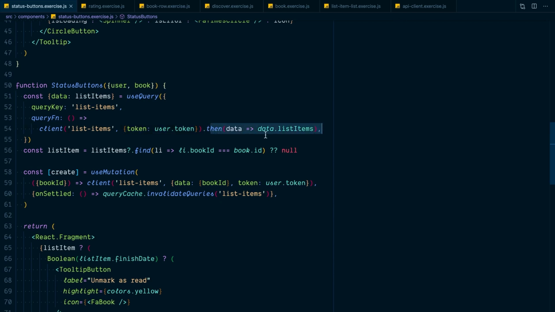And then we get back data that has a list items property, so we'll just grab that. We'll get back our data here from useQuery. We'll alias that to list items, and then when that query finally resolves and we have list items, then we'll look for the list item that's associated to the book for these status buttons. And then to make sure that this mutation updates this query, we added this configuration option for onSettled, so the query cache will invalidate this query, which will trigger another call to go get that data